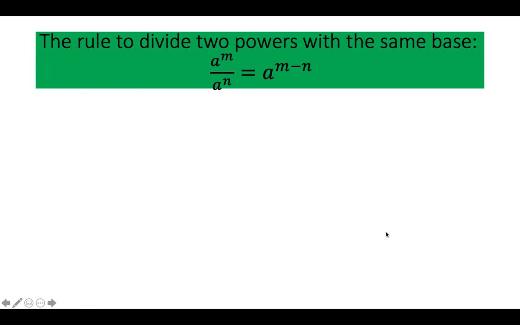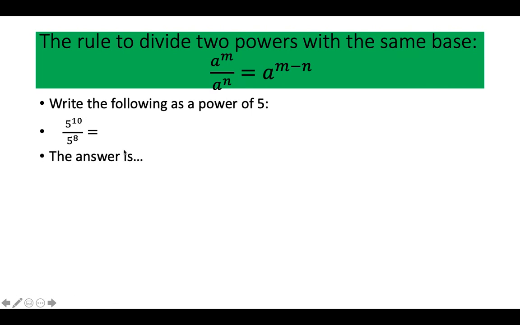So in general, to divide two powers with the same base, we actually do not add exponents as we did when we multiplied, but we actually do the inverse, which is subtract. So if they ask us to write this as a power of 5, we're going to keep the same base, 5, and we're going to subtract the